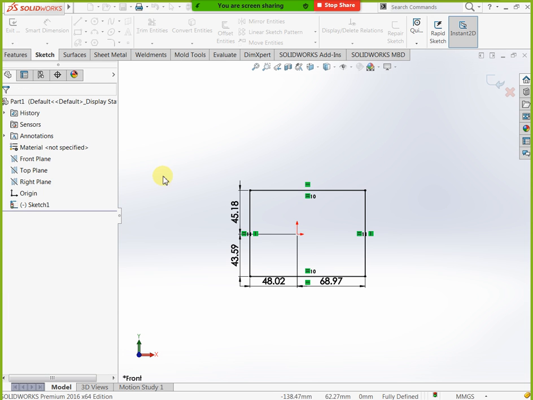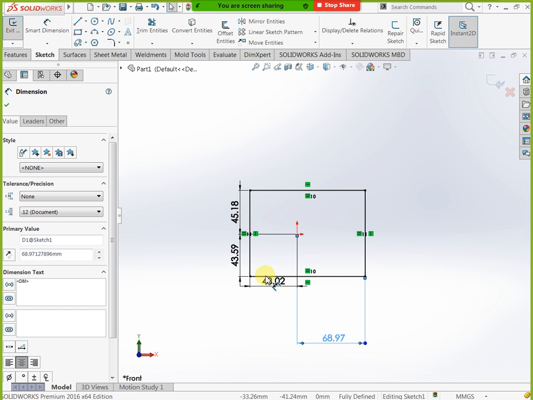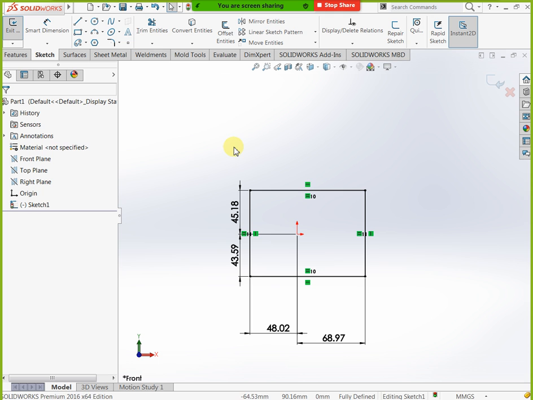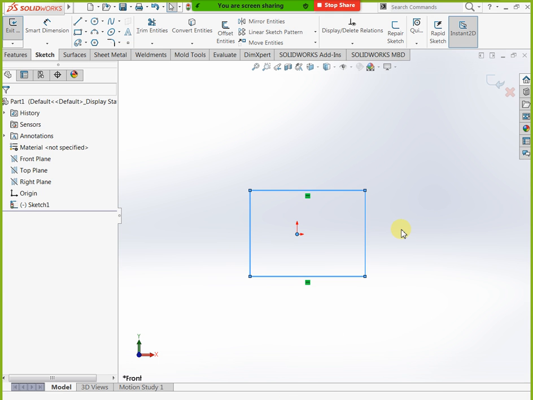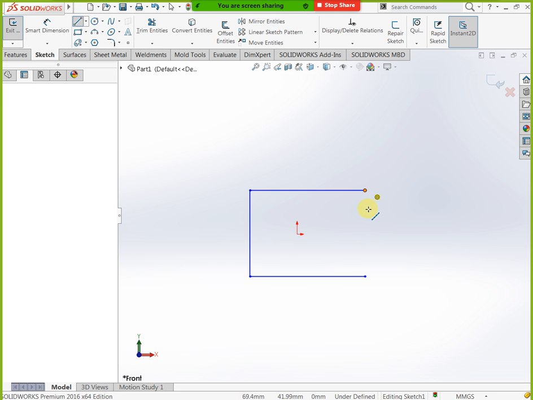For example, we can change this figure somewhat, meaning you can delete this. Like this, then you can select and you can apply